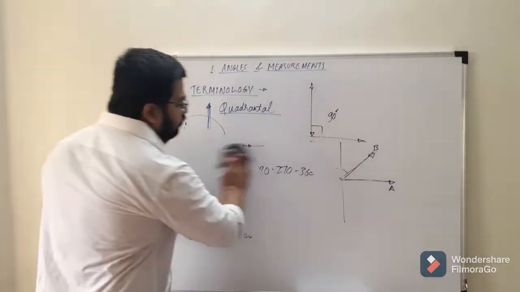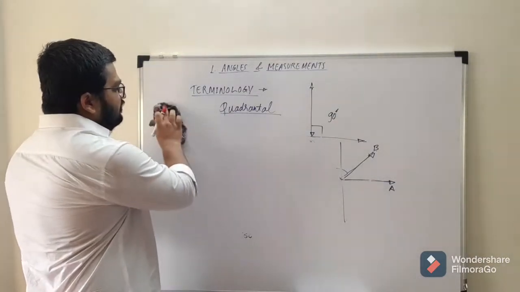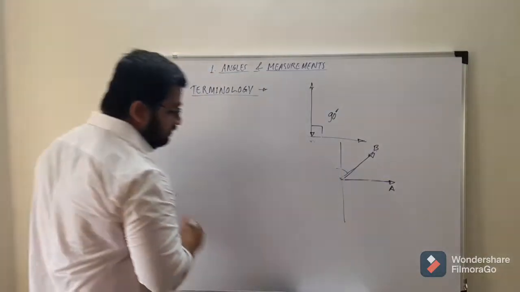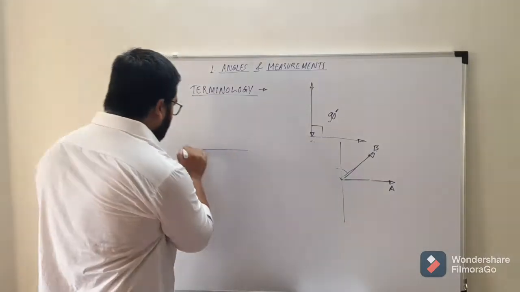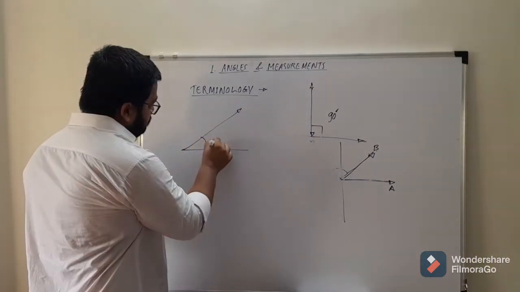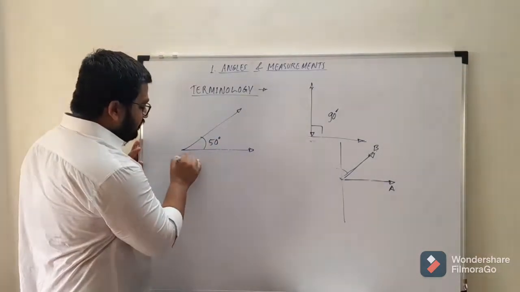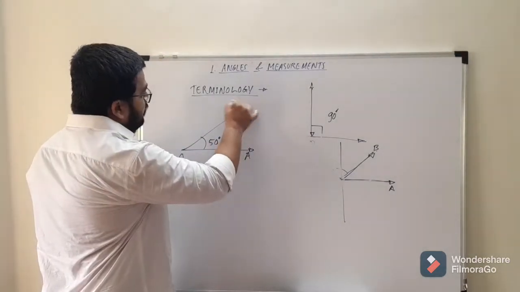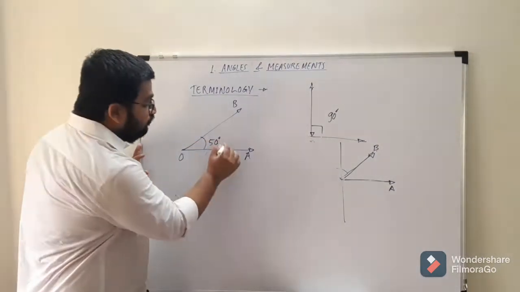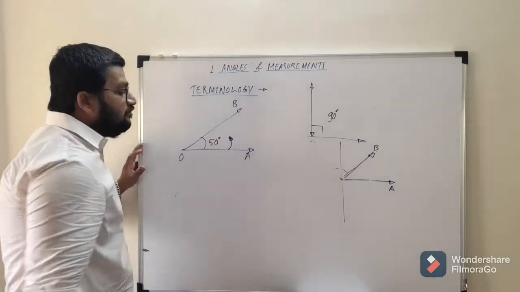Next type is the coterminal angle. Now what is a coterminal angle? It is a basic angle, but it is defined by the direction in which we measure the angle. That is, suppose we draw an angle of, let us say, 50 degrees. Let us name it AOB. AOB is the angle of 50 degrees. This is 50 degrees if we go this way, that is counterclockwise, which is the standard measuring method.